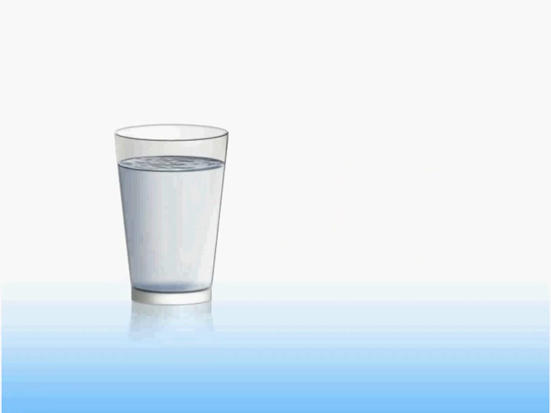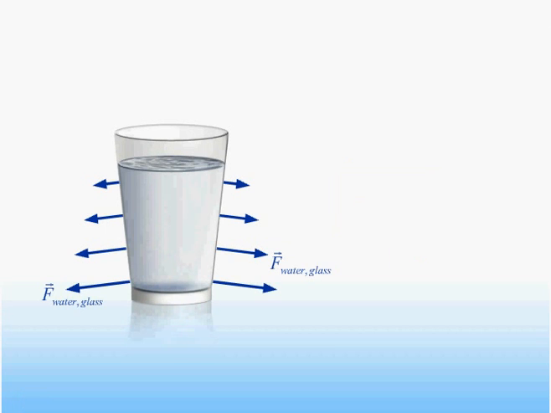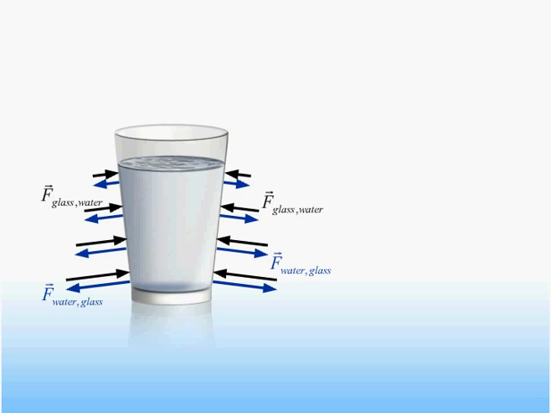Here we see a glass of water sitting on a table. The weight of the water causes the liquid to push outward on the inner surface of the glass, and the glass in turn keeps the water from spilling by pushing back inward on the liquid. These forces balance, and the system is in static equilibrium. Even though the overall situation seems pretty simple, we need a better way to describe the forces involved before we